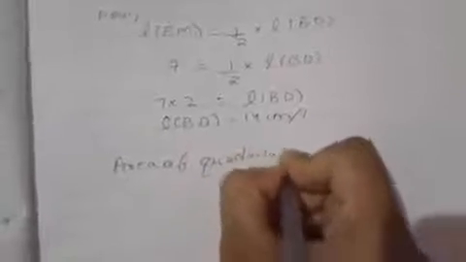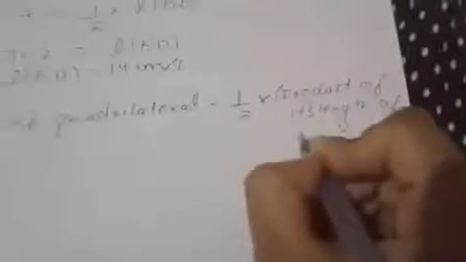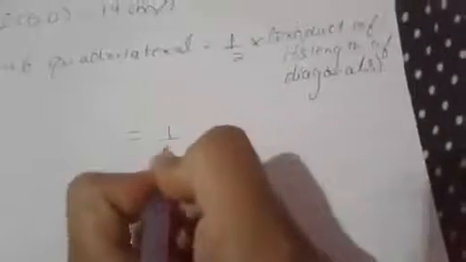So now finally can we find the area of the quadrilateral? So we will write the area of quadrilateral. The area of quadrilateral is equal to half into, tell me what is the area of rhombus? Product of its diagonals, its length of diagonals. Okay, so it will be equal to half into, tell me what are the diagonals of the rhombus that we have found now? Yes, we have found BD now and AC was already given to us.